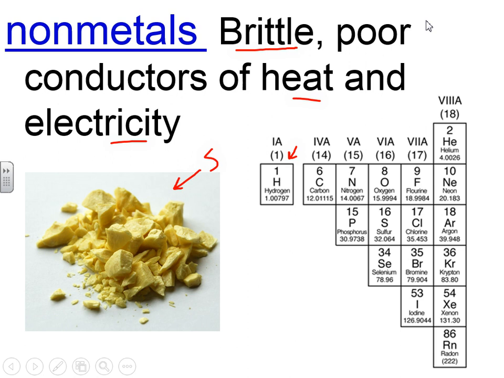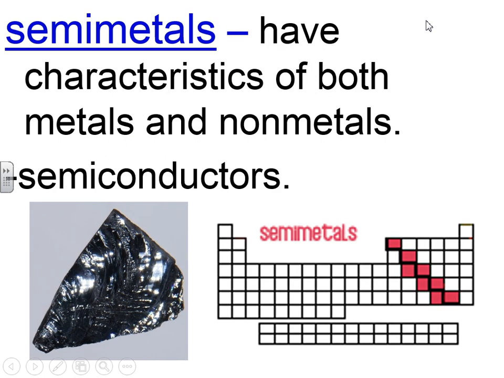And then right in the middle we have semimetals. Now there are 8 of them. If you take a look, they are represented here. Now any element that touches the stairs, these stairs that we've just mentioned, is considered a semimetal, except the element aluminum. Aluminum is technically a full metal, even though it's touching the stairs.